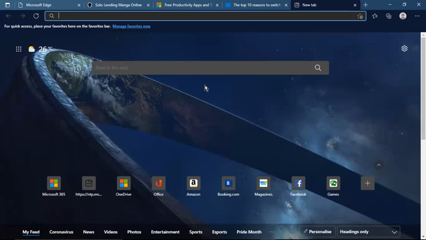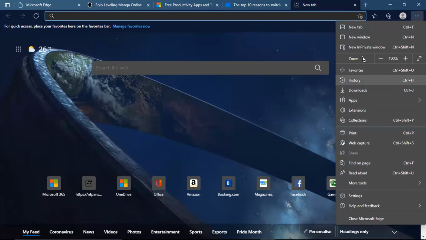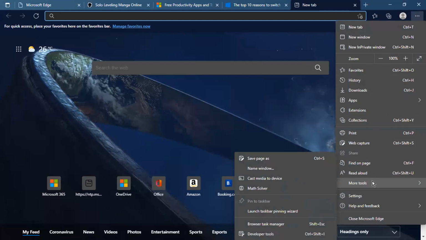Okay, sir. So now we'll look at the features of Microsoft Edge. The important thing about any web browser is the interface, like how well it can interact with the users. As you can see, Microsoft Edge has the simplest interface, and it is cool looking. Here are some known features like the InPrivate window or incognito mode, favorites, downloads, apps, extensions. So we'll see some unique features of Microsoft Edge.